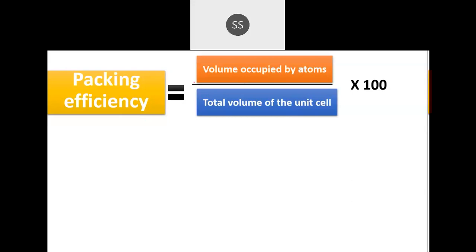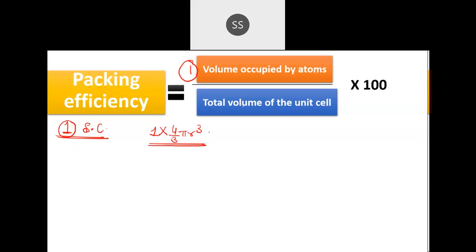Now to calculate this, in the simple cubic you have seen, first you need to calculate the volume of the atom. So in the simple cube, I'll just revise this first, so that you remember the steps, what you are supposed to do, because the idea is similar, the concept is similar, but the numbers will be different. So here, in the simple cube, you know the number of atoms is 1. So you will take 1 into the volume of the atom, and the volume of the atom is 4 by 3 pi r cube. So first part you will be able to get. That is the volume occupied by the atoms: 1 into 4 by 3 pi r cube.